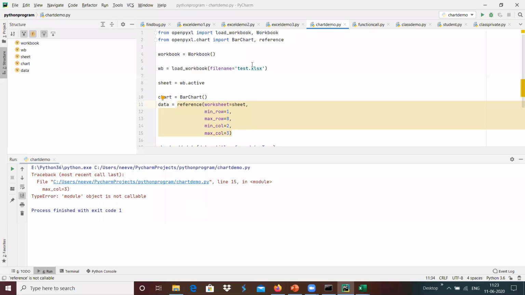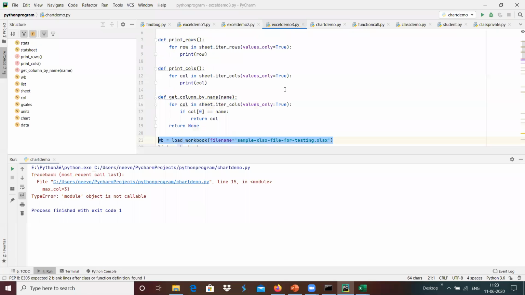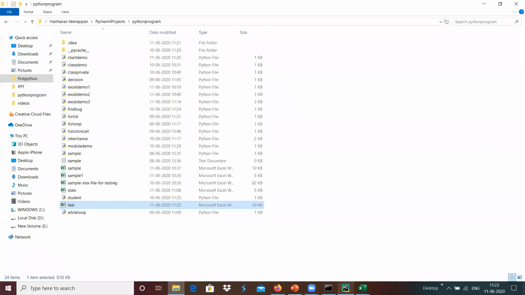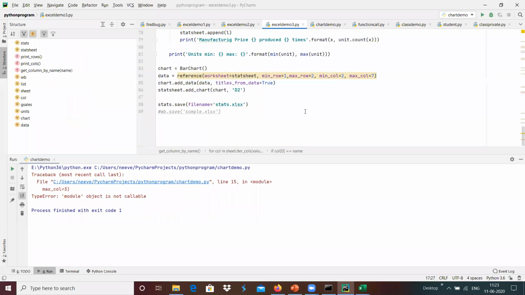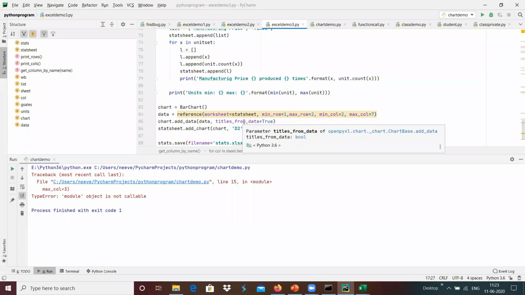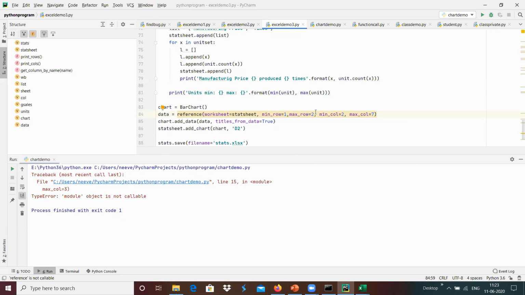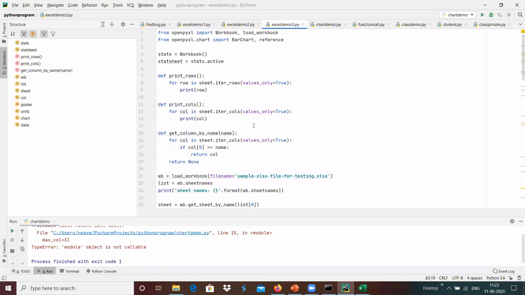Yeah, there is some issue in plotting that chart. Yeah, maybe it was not updated over here in the stats. It should get updated with the chart. We have that chart, and we have added it with the worksheet over here, and we have the maximum columns up to 7, minimum row 1 and maximum row 2, and we wanted to add that into the data of the chart. For that, I'm going to do something.